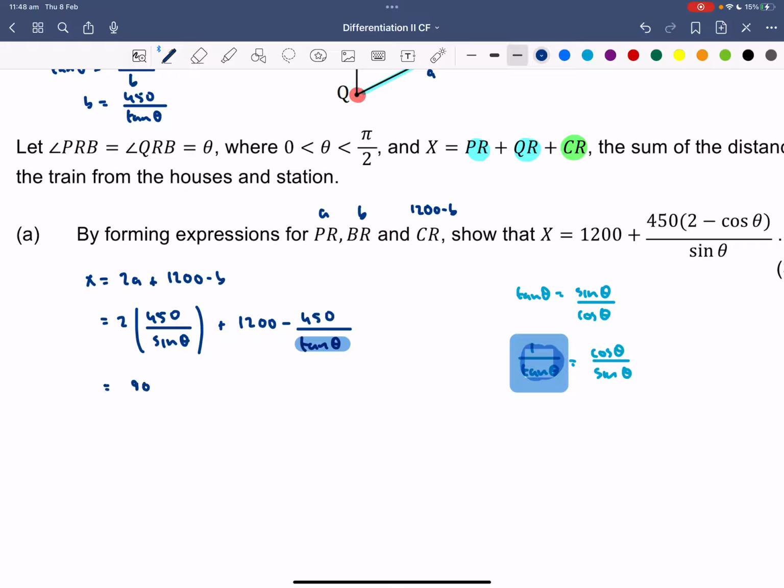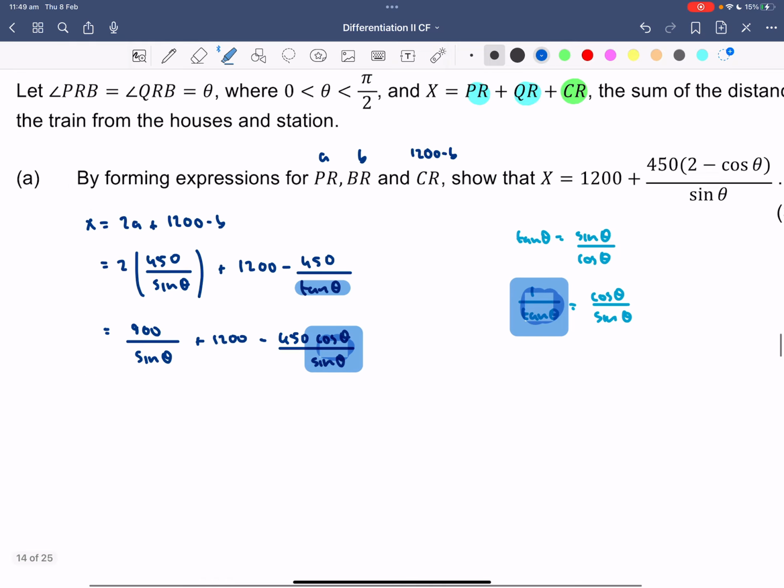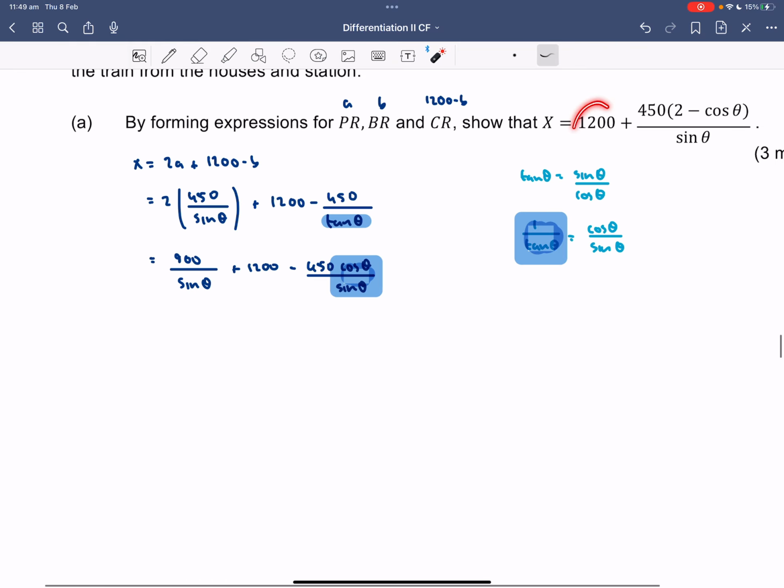So that's 900 on sine theta plus 1200. And instead of writing 1 over tan theta, because that's what we basically have, we write cos theta on sine theta. So take 450, and I'm replacing 1 over tan theta with cos theta on sine theta. Okay, that's again quite self-explanatory and straightforward. Now notice the answer's got the 1200 left to the side, so we'll also leave the 1200 to the